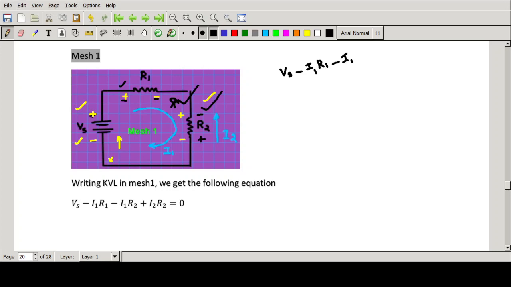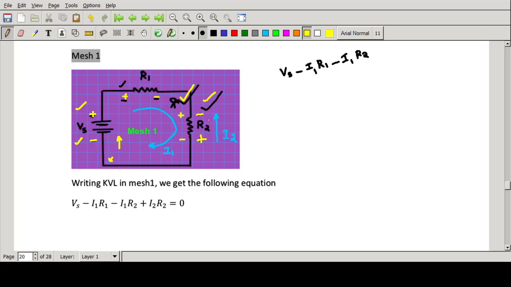R2. Then when you stand at this point, when you look at the resistance R2, you can see another voltage drop due to the current I2. It is minus to plus. That means minus to plus means what? From lesser value to higher value. So it is increasing. So that voltage drop you have to take as positive. When you are standing here and moving, in which direction? In the direction of current I1.